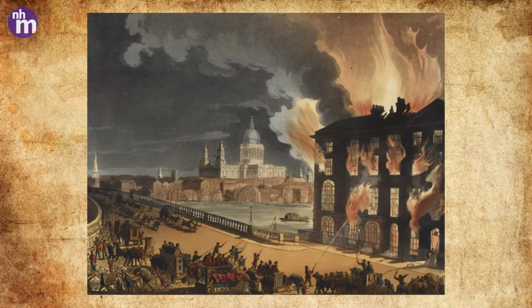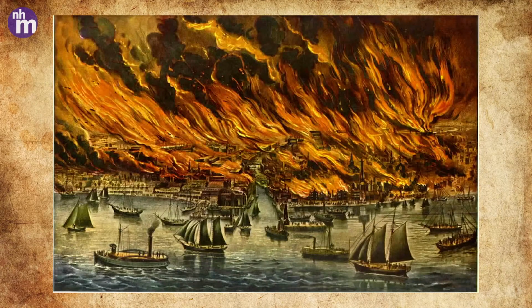The wind changed direction. It started to blow away from the river and north. And at that point, lots and lots of houses and streets start to burn. In the end, 70,000 out of the 80,000 people who lived in the City of London had lost their homes because this wind was blowing so fast and so hard. It was just a curtain of flame going north,